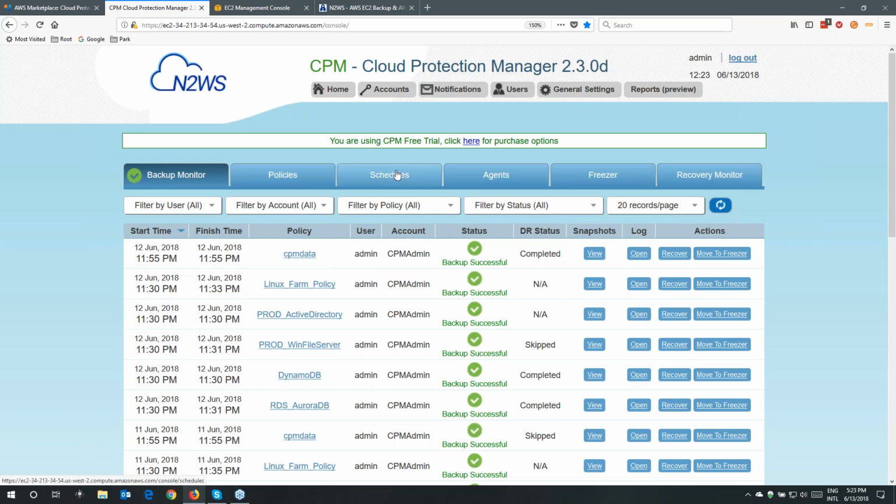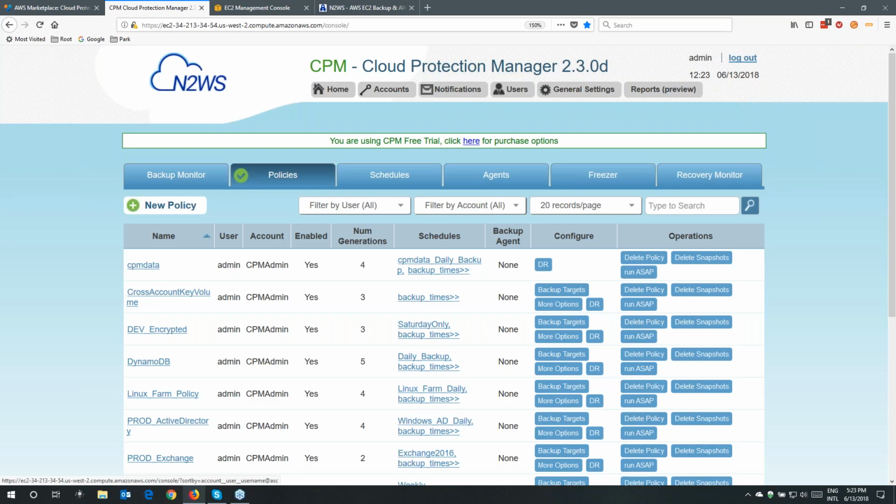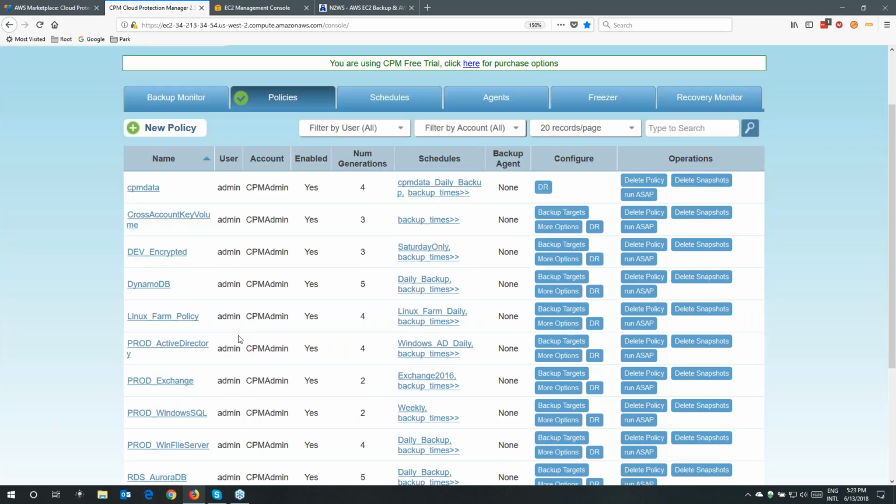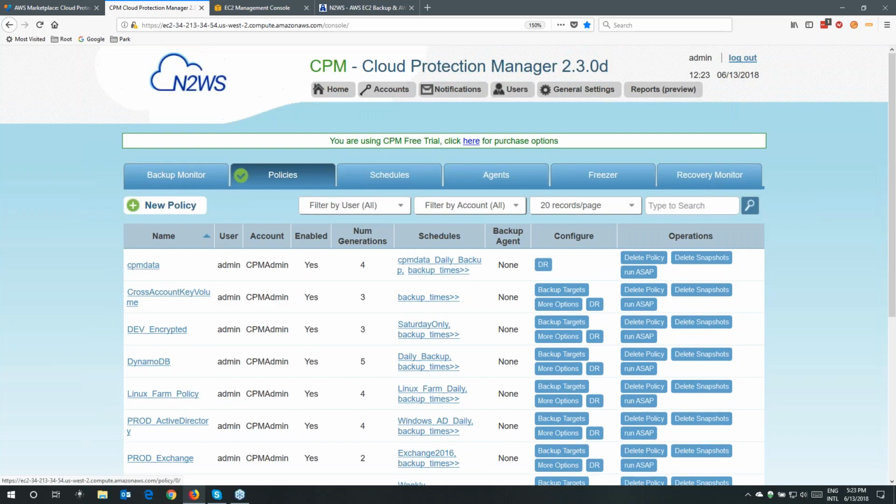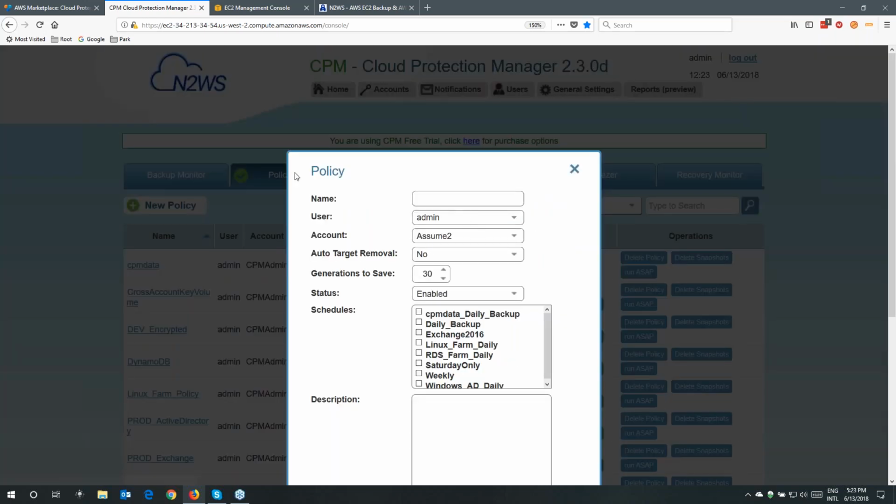Next to that, you have policies and schedules. Now, don't worry, I'm not going to bore you by showing you how to create schedules. But let's take a look at policies. That's where we define what do we want to back up. I already have a few policies in place, and if I create a new policy, I can assign a policy to an AWS account, and I can also assign a policy to a Cloud Protection Manager user or groups of users. I can then define generations to save, that's my retention period, and